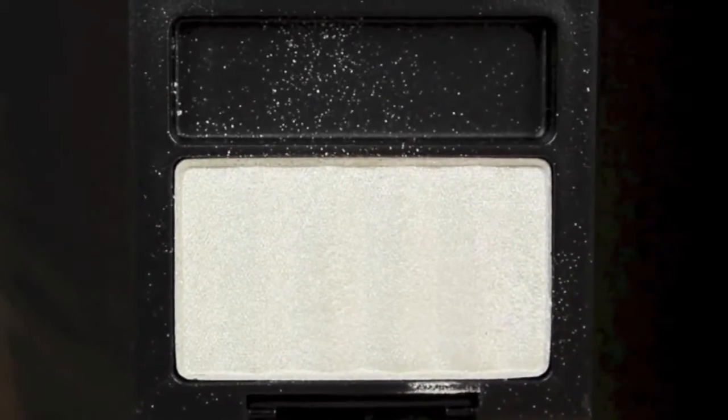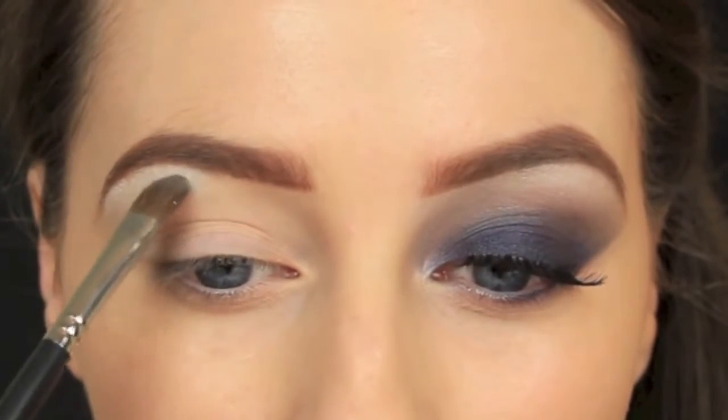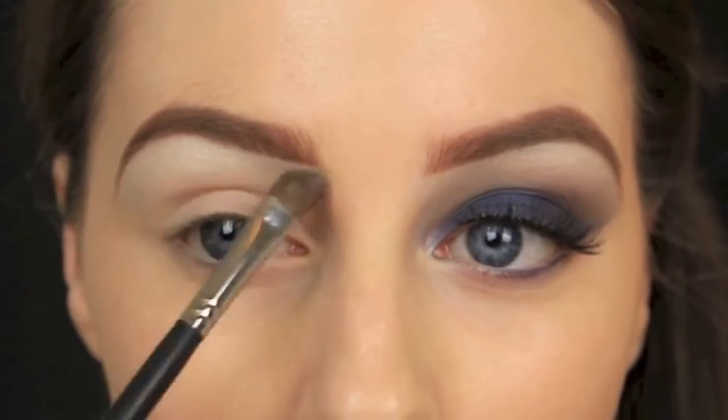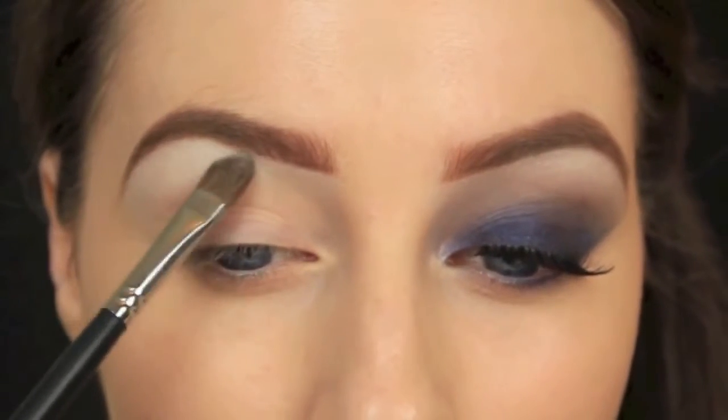The first eyeshadow I'm taking is my highlight shade, which is a shimmery white eyeshadow. Now if you want something more subtle, you can use an eyeshadow that matches your skin tone, or if you still want that sheen to that area, you can just use your face highlighter and blend it out under the